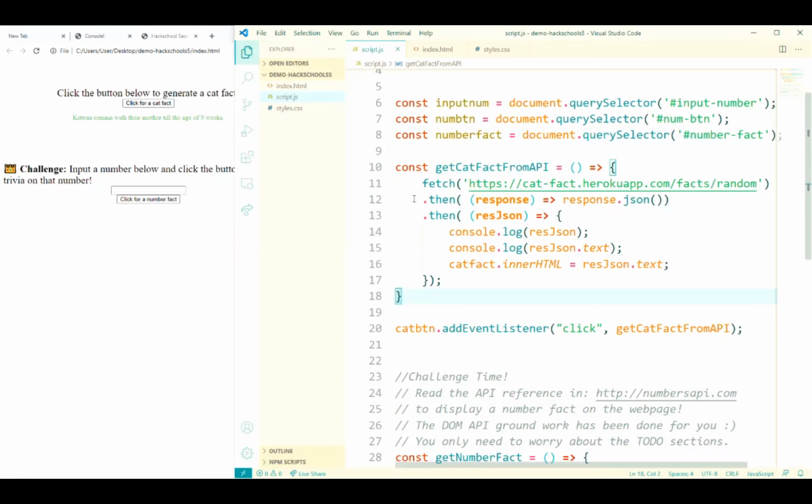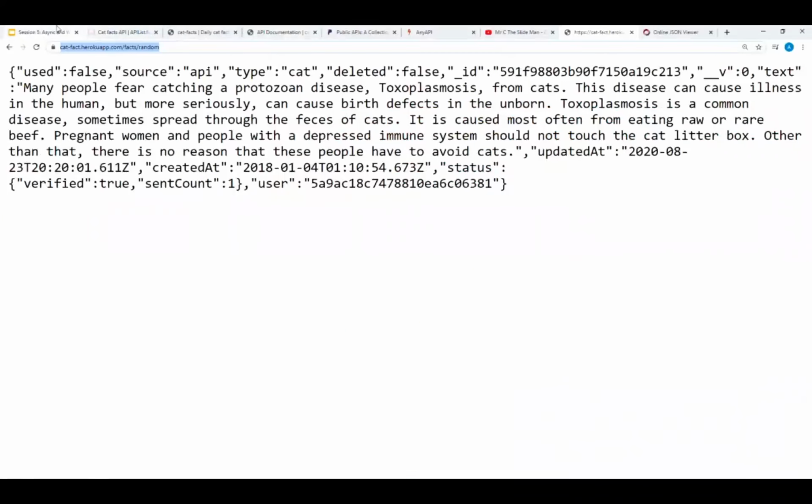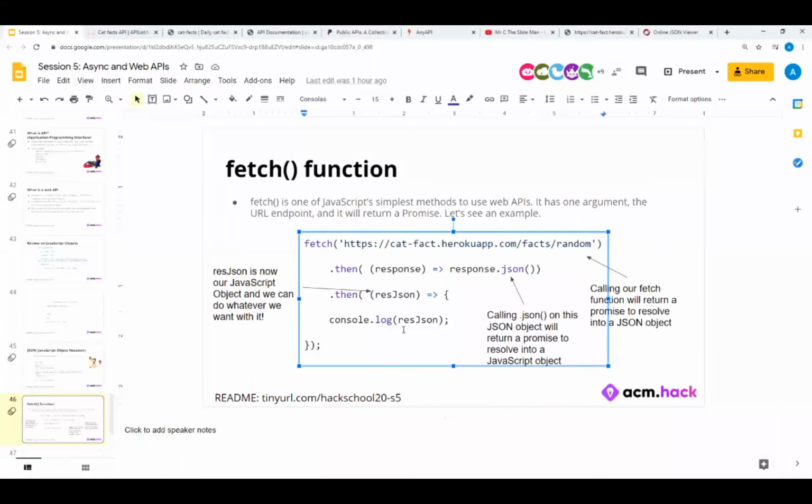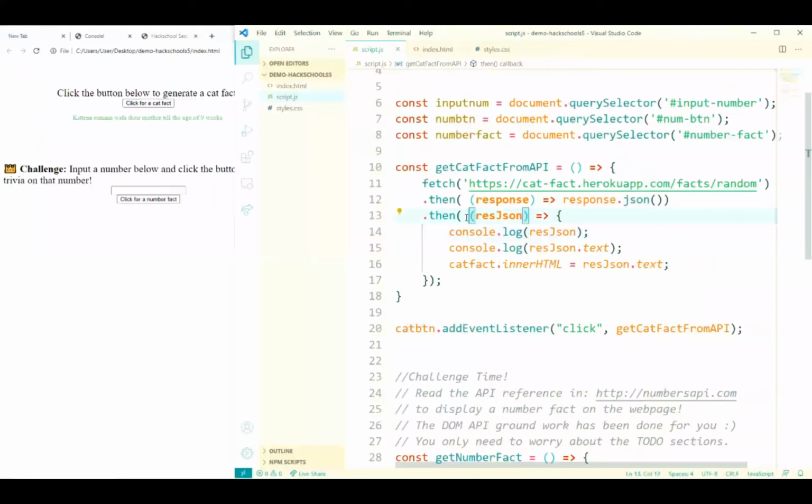So what we did here was almost exactly the same thing as our previous slides. If you understand what we did in this page, we ultimately used fetch, and we ended up with a JavaScript object of whatever was returned from our API. And then we analyzed that.